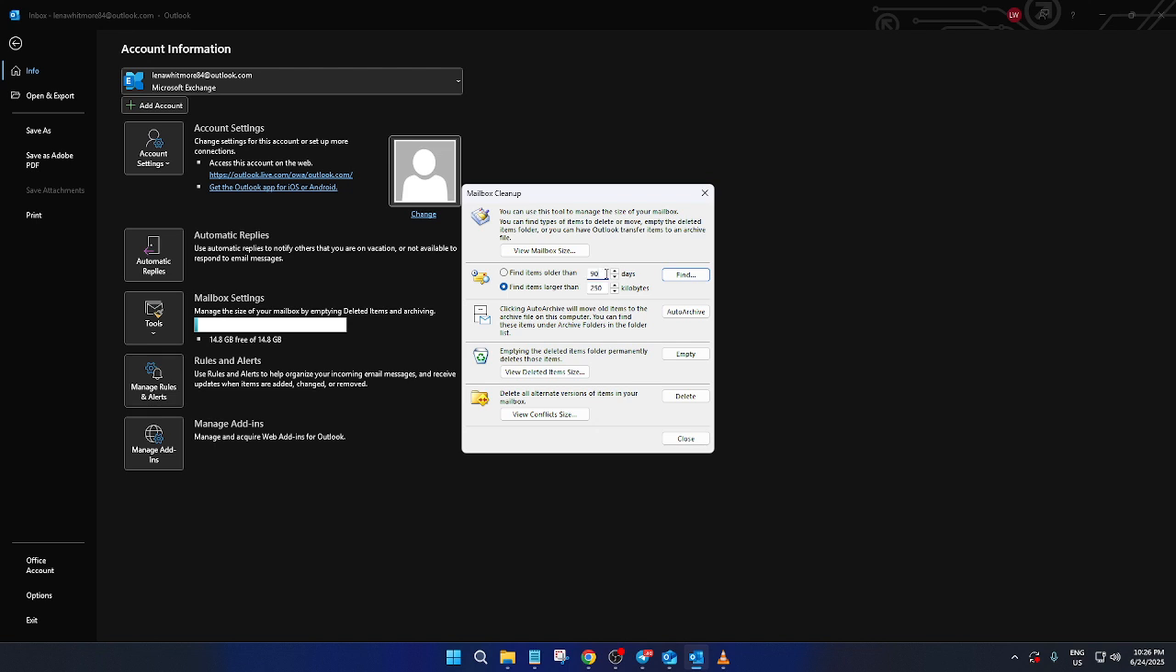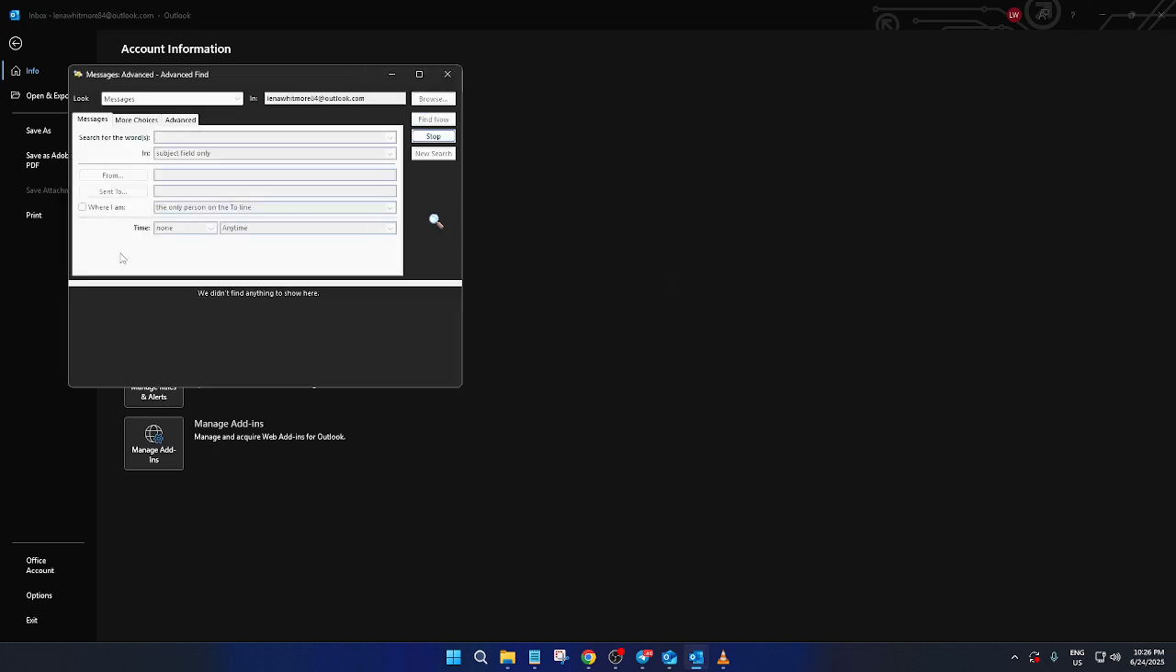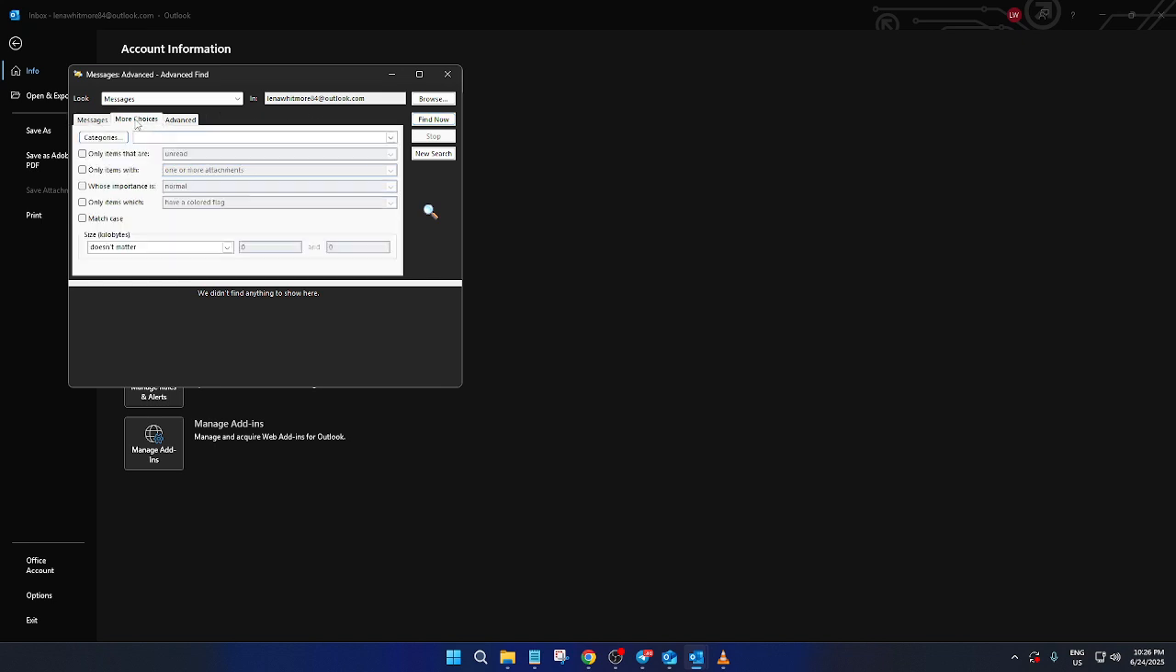Once in Mailbox Cleanup, you'll notice several options that cater to different aspects of email management. But for our mission today, we'll be focusing on finding items older than a specific period. Typically, if you want to delete emails older than half a year, you might opt for a time frame like 180 days. Enter this value into the appropriate field, and then click Find. What this does is task Outlook with searching through your emails and singling out the ones that meet the criteria you just set. Depending on the number of emails in your system, this may take a little moment, so patience